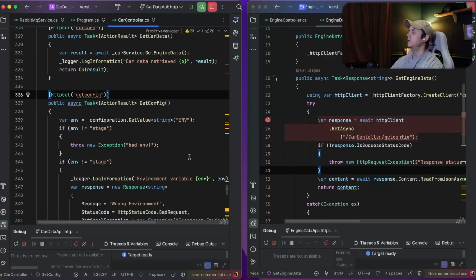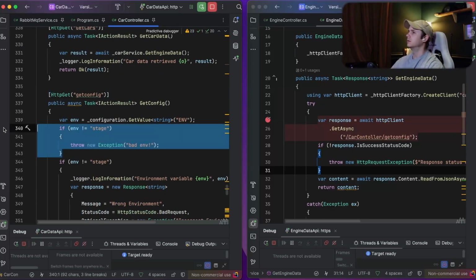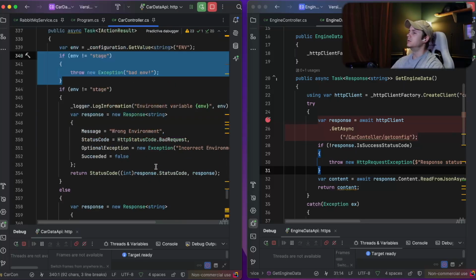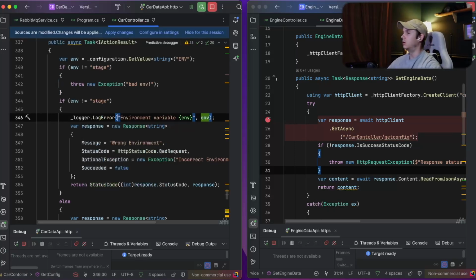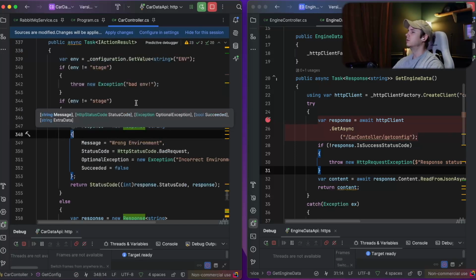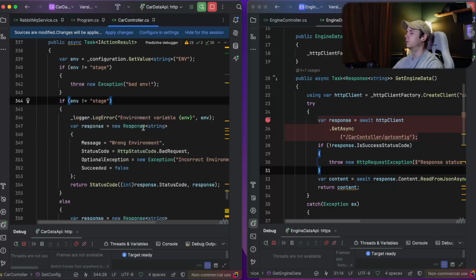So you can see that this is my original approach here. Check, hey, it's not stage, throw an exception. But what I want to show you now is that instead of just arbitrarily throwing an exception, I do want to change it to log error. Let's go and log that error, and then environment variable, whatever, put whatever log message you want. But now you can see I have this